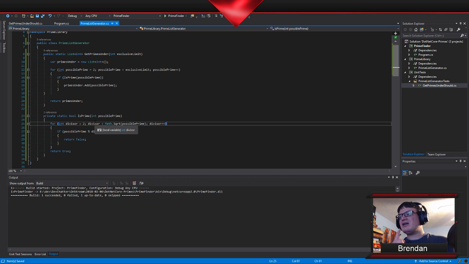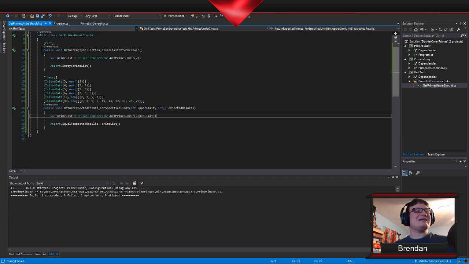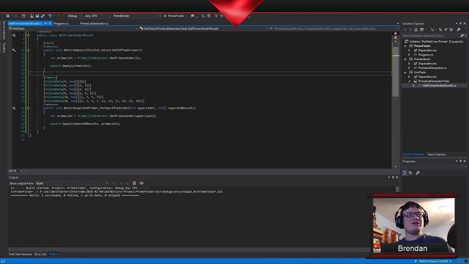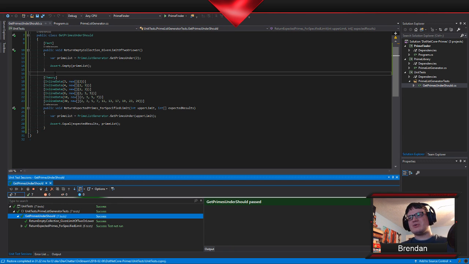So this is actually not going to work, and you're going to see why in a second. I'm going to go ahead and run the test, though, and we need to make one other adjustment, and that is to handle the squares themselves. The reason is that we said we did need to check 10. So for the number 4, for example, the square root of 4 is 2. We need to actually check that.